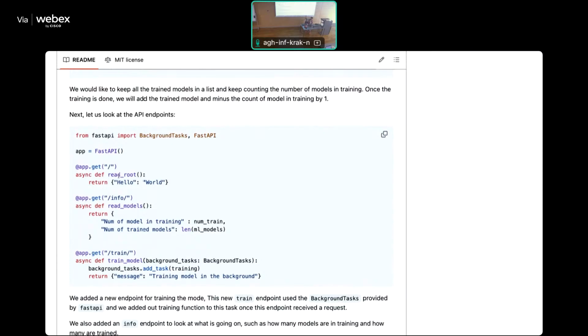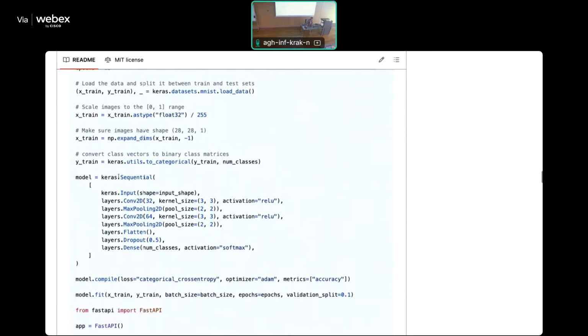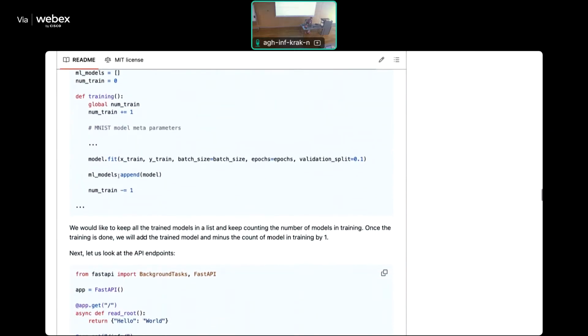Oh, I think I skipped ahead. Sorry. So what if we want to trigger it manually with an endpoint? The first exercise is that. We want to trigger an endpoint to train it. So for example,